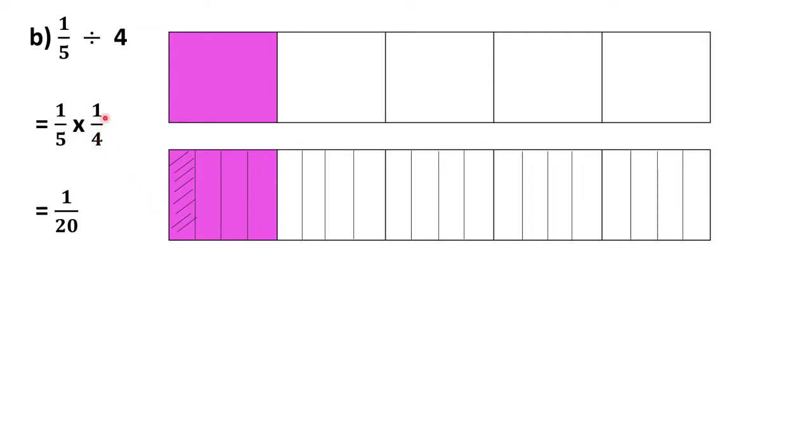So 1 means we are taking one part out of these 4 parts in one box, and we are shading this. Now what are we doing? We are multiplying both of these boxes. That means each of these boxes is divided into 4 equal parts. So the total number of parts here is 20, and the one part which is common is shaded here also, and in this one also it is common, that is 1. You can see here I have drawn it with shaded lines. So we are getting 1 by 20.